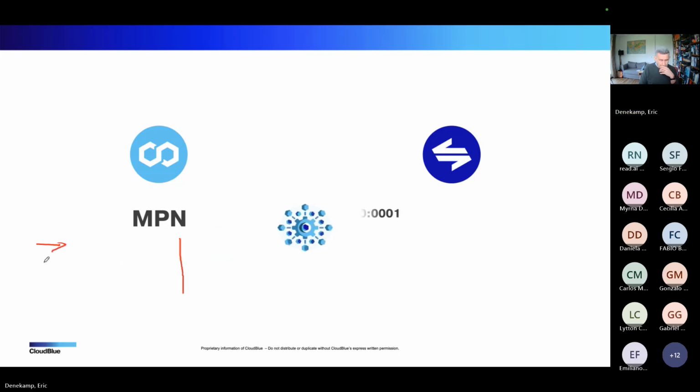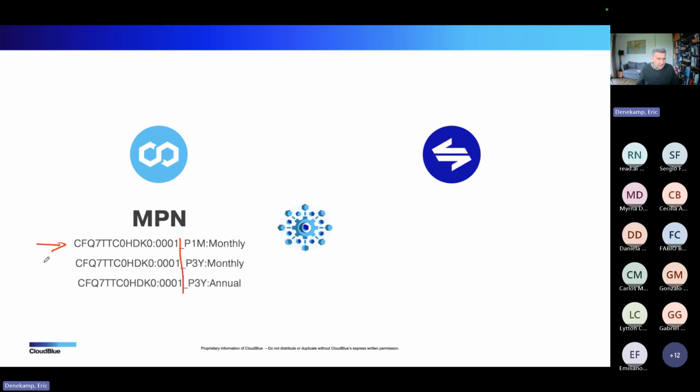If the customer buys it for 3 years, he probably has 2 choices. He has a monthly plan where he can select that three years, or he has an annual plan where he selects that 3 years. PLM will translate it accordingly in either this one or that MPN and ask Connect, can you provision this specific MPN?